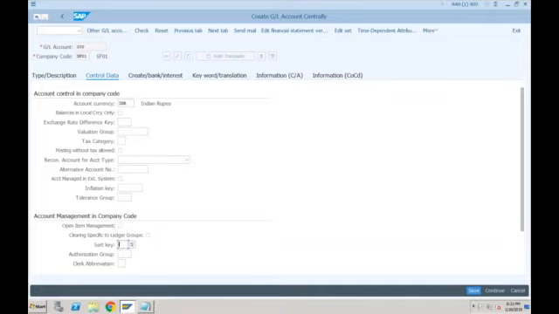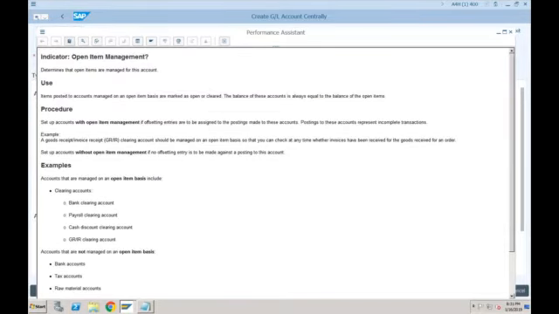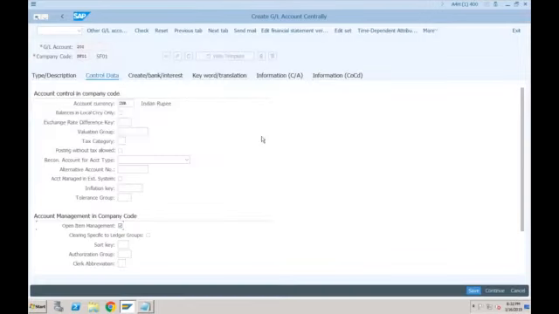Next one is sorting key, authorization group, clerk abbreviation. I think all three things will have. Yes. Please repeat this point again, open item management and clearing specific to ledger group. Okay, let's go through these wordings to understand in detail. Open item management, you already know what it is. Normally for bank clearing, cash discount clearing, GRIR clearing account, we use open item management, right? Normally we use the F.13 transaction to automatically clear the GL accounts. So that is open item management.